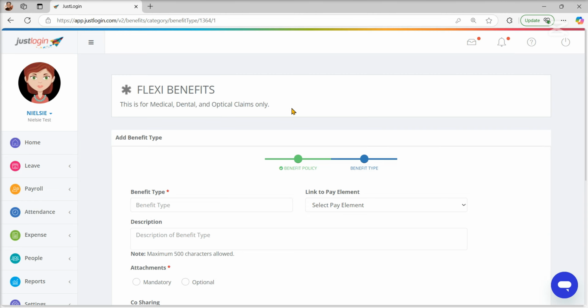The benefit types you define will depend on the category you are configuring. In this example, I will create several benefit types. The first benefit type I will create is medical claim, which I will add to the benefit type field. Next is the Link to Pay element option. Please note that this option will only be available if your account is set up to transfer benefit claims to